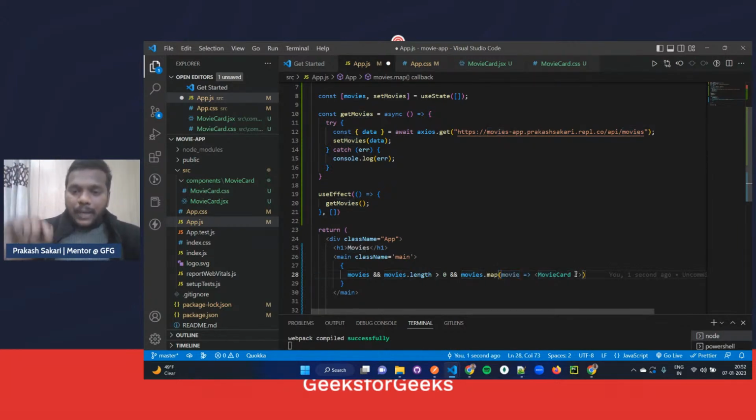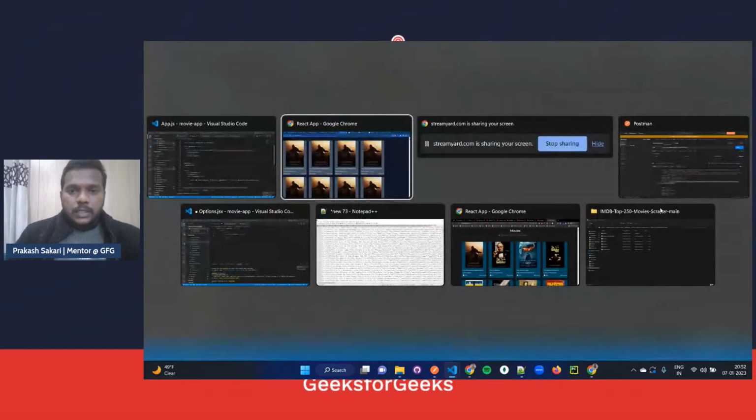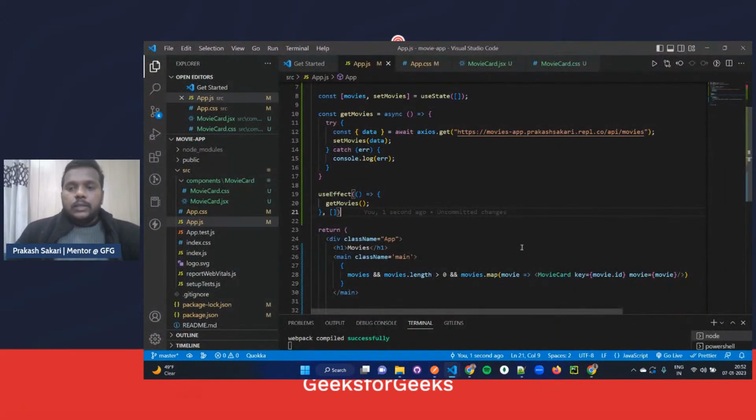What I can do is pass this as a prop. So I can just write movie equals movie, right? So I'm passing this as a prop, okay? And I'll use a key also over here. The key will be movie.id, okay? Because I have id over here. Everything has a proper id. Okay, cool. Now since we are passing this movie as a prop to this component,